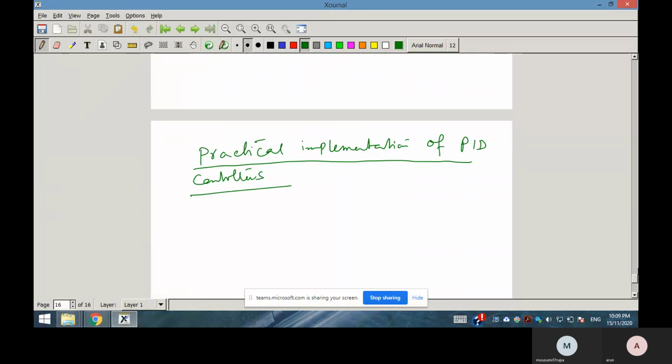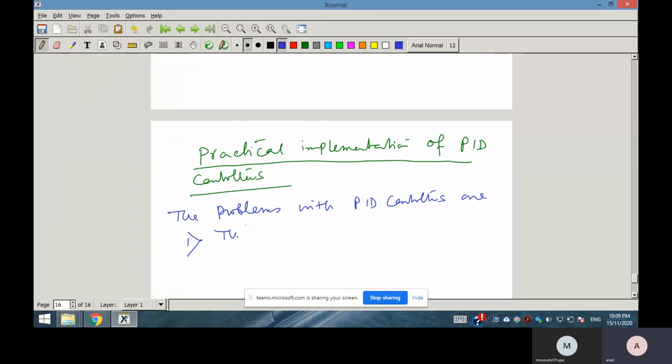So what are the major problems that will occur in practice? The problems with PID controllers are: